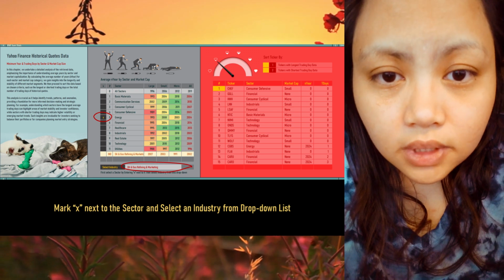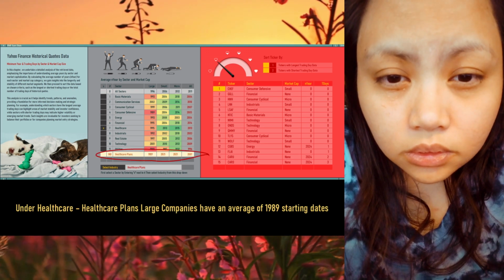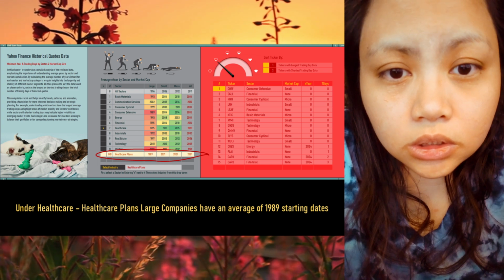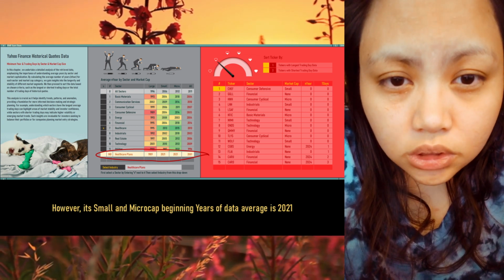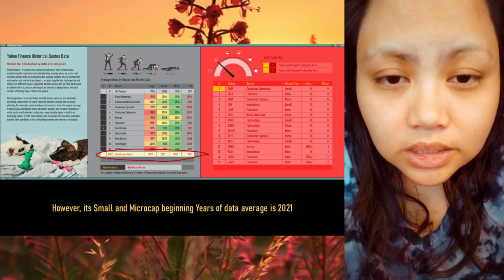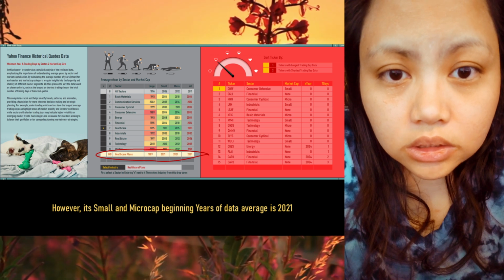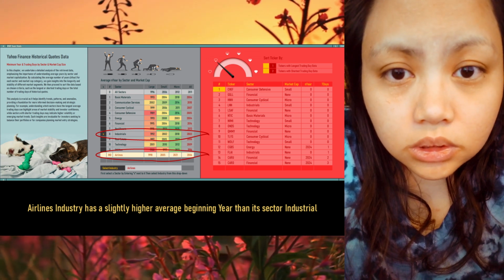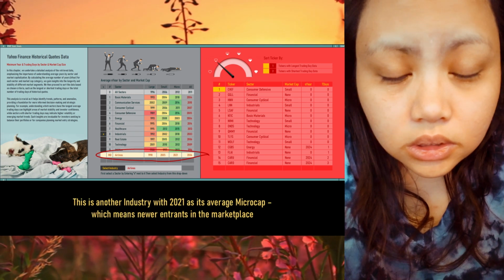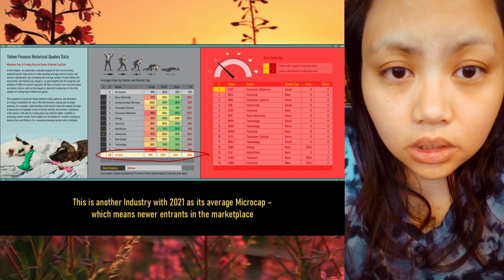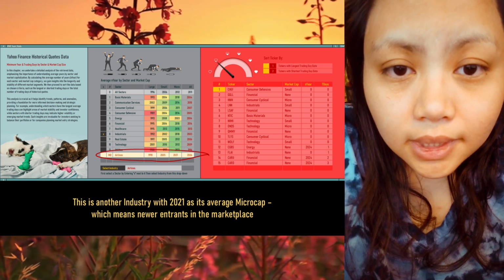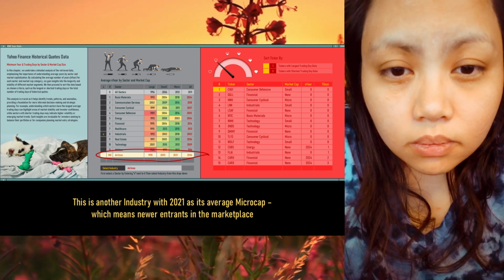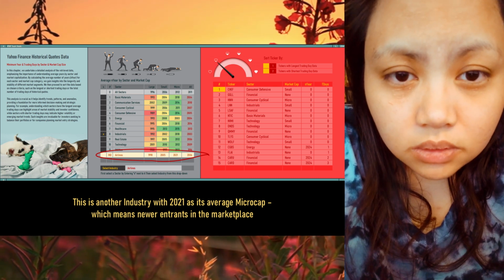So what is the importance of this? I think, for example, we would think that biotechnology and software application technology will have the highest average starting year, but surprisingly, healthcare plans and airlines have an average microcap starting year of 2021. So 2021 was their average starting year for healthcare plans and airlines. If we look at many more of these industries, there might be some surprises,